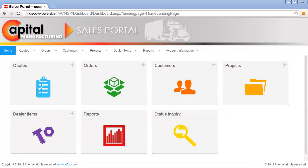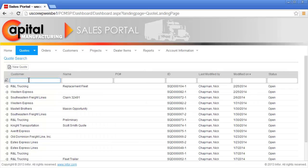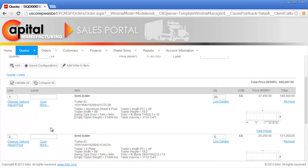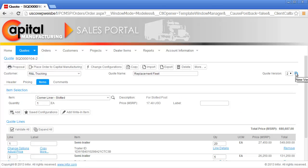First, Nick finds the quote to begin processing the change request. He filters down the list of quotes by customer name and selects the quote to R&L Trucking for the replacement fleet. Nick quickly reviews the line details and increments the version of the quote prior to making the requested changes. Creating a version of the quote allows Nick to keep a record of the original quote specifications while quickly processing